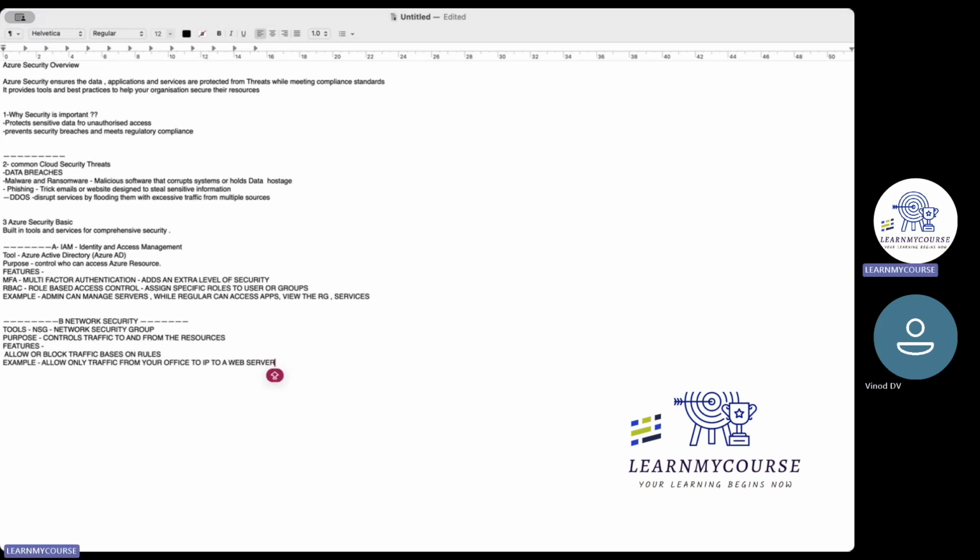For example, allow only traffic from your office IP to a web server. If you are opening anything in your office, like an online shopping site, Flipkart or Amazon, it may be blocked by your organization. Or any Naukri profile, it is blocked for sure.